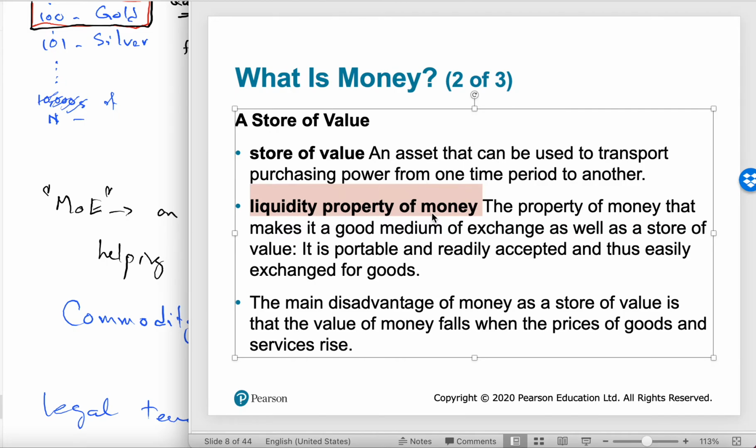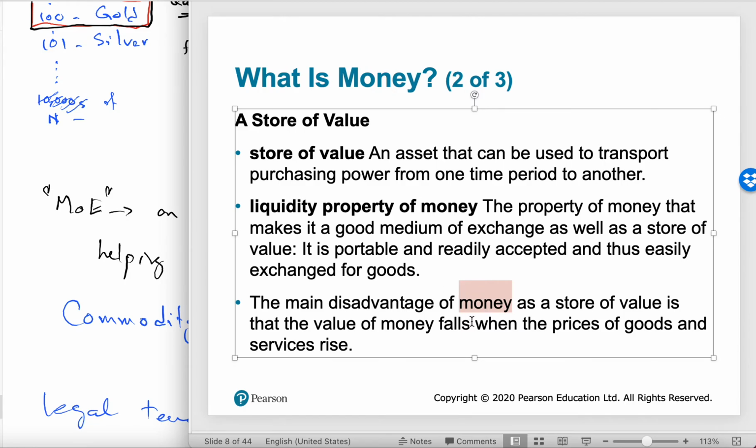So liquidity is about how readily available it is to be used to pay a debt, or to buy things, to pay for the transaction. So the main disadvantage of money, and here I should say maybe paper money, is that it may lose its purchasing power. If everything becomes more expensive, then 50 riyal can buy less.